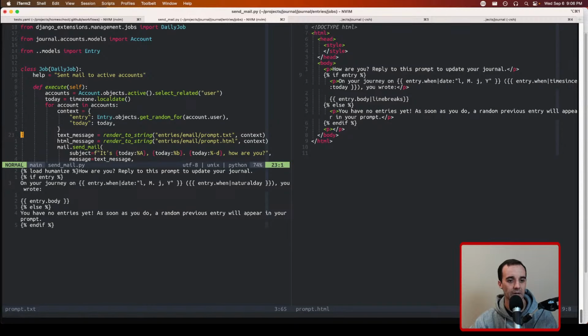So we have confidence that what's going to be present in the template will be today. That means that we can switch here and we can get rid of this load humanize because we're not going to need any template tags from there. And then we can go to this